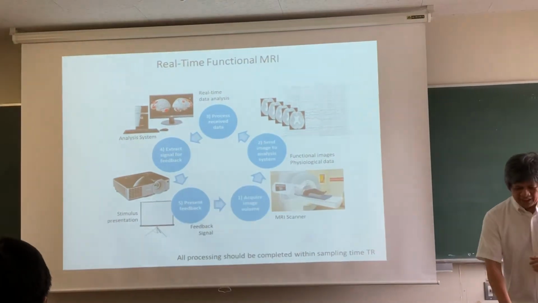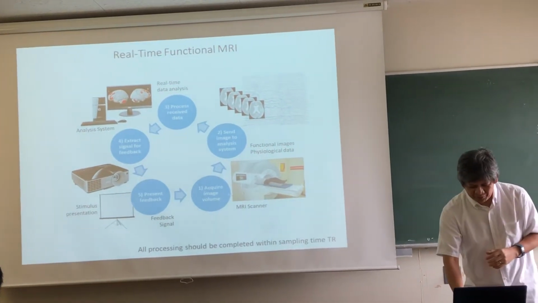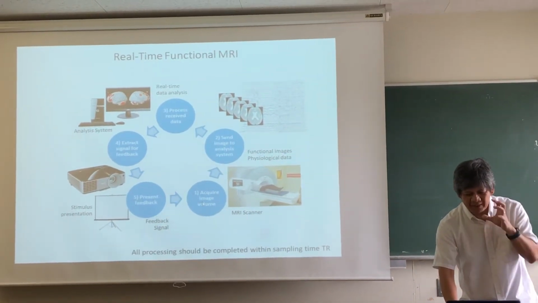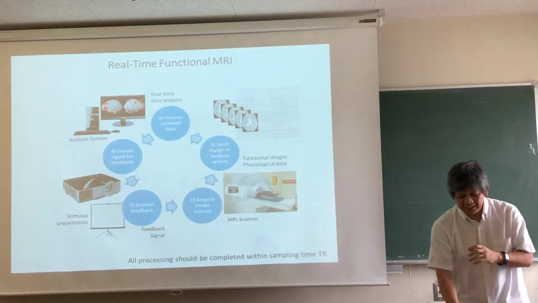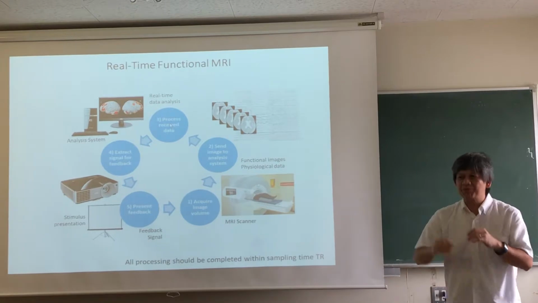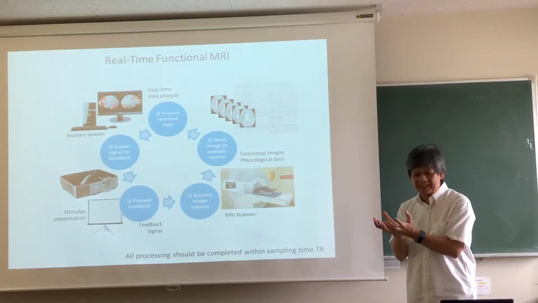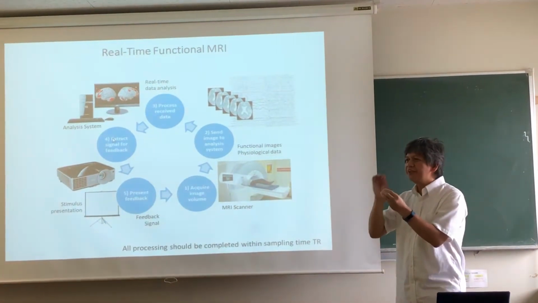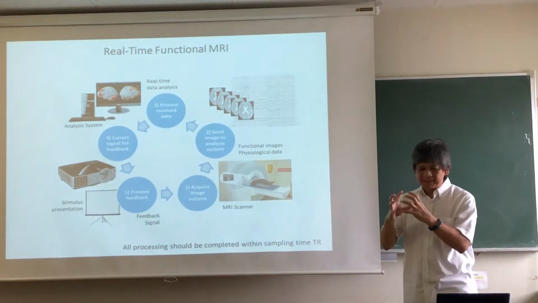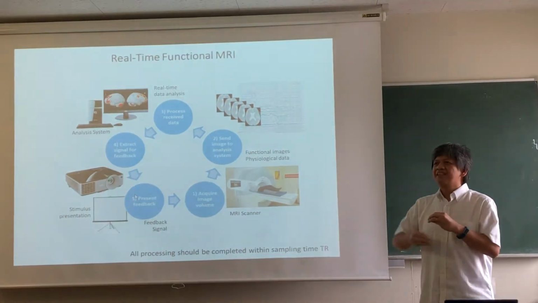So once we acquire one volume of the image, we immediately send it to an analysis system, okay? And then that analysis system will process the data, do some image preprocessing, and from the processed data, we extract some feature values, and then using that feature value, we present it